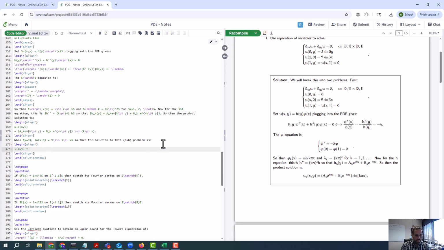So this is going to be equal to a3 e to the minus 3 pi y plus b3 e to the 3 pi y, times sine of 3 pi x. Of course, I'm not going to keep writing a sub 3 and b sub 3, so I'm going to write this as a3 and b3, or just a and b. Furthermore,